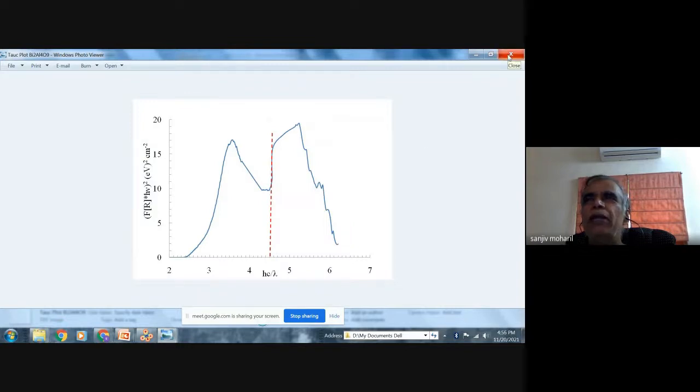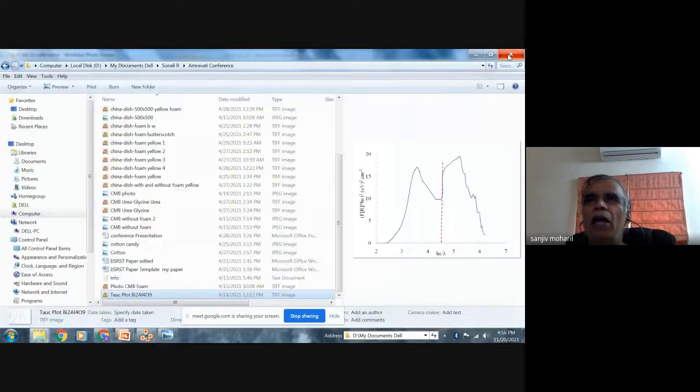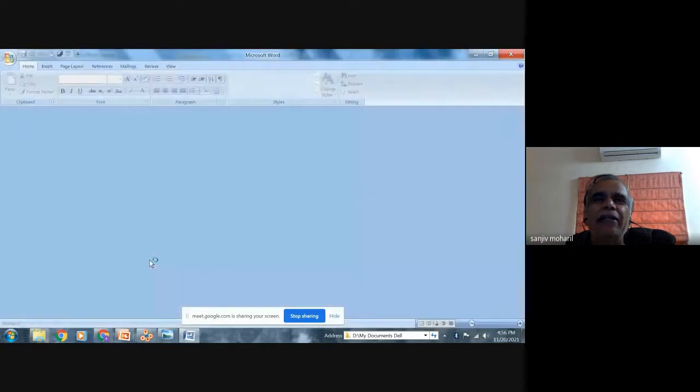So using the reflectance spectra, it is possible to estimate the band gap, and whether the band gap is direct or indirect, that I can find out.